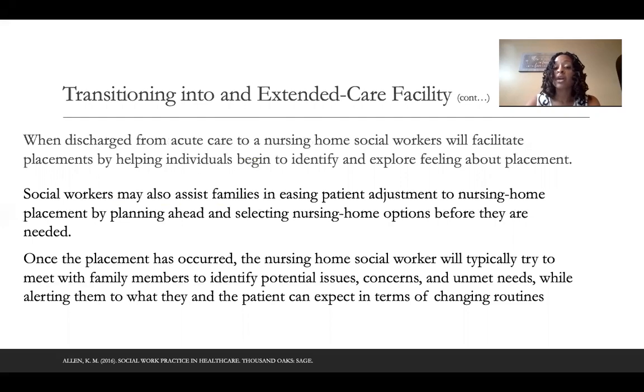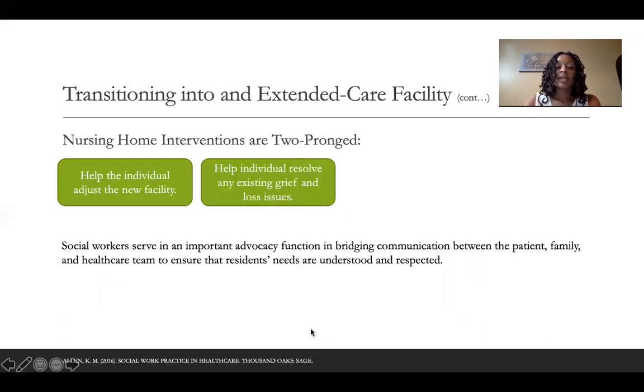But once the placement has occurred, then your nursing home social worker will typically pick up and they'll meet with the family members and identify potential issues, concerns, and unmet needs while alerting them, being the patient and the family, to what they can expect in terms of their new environment and any changing routines. So interventions in the nursing home are normally two-pronged. So they're done to help the individual adjust to the new facility and to help the individual resolve any existing